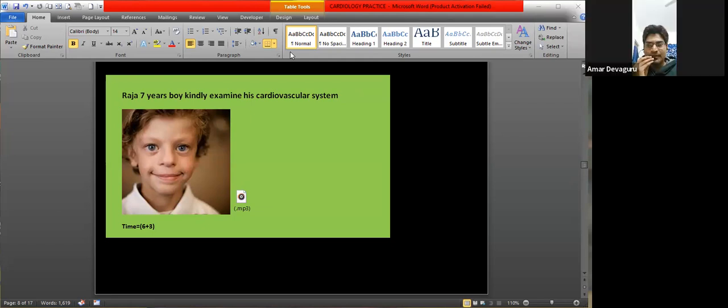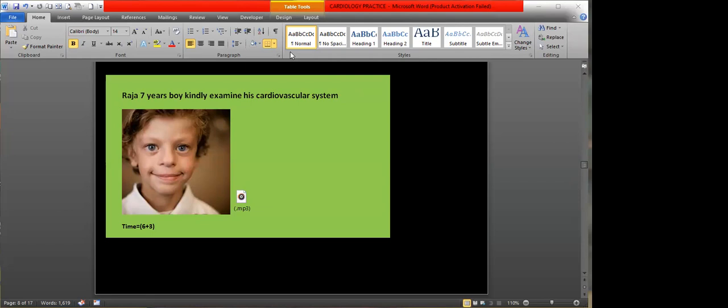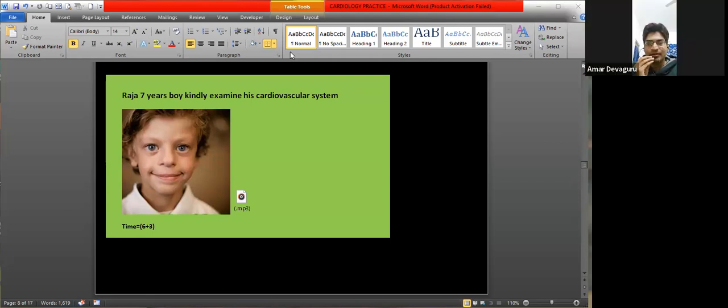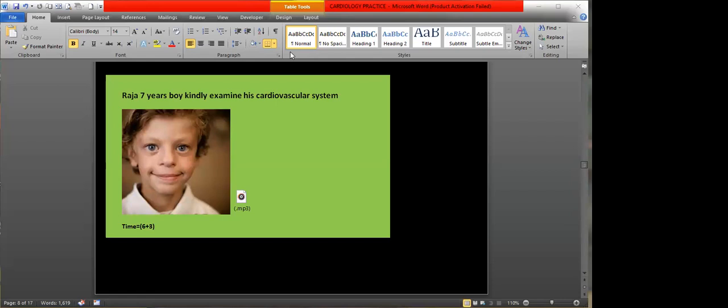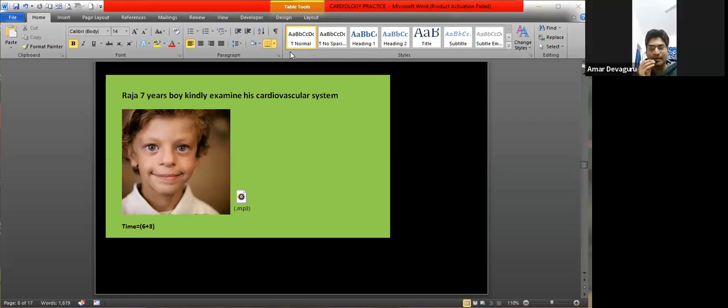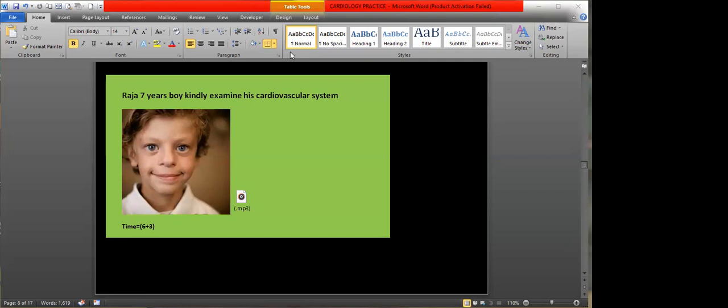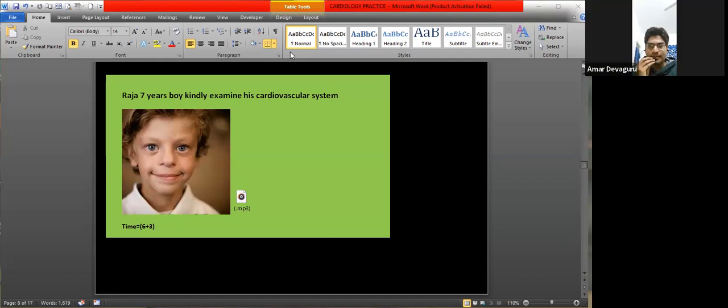Left side, where is it? Sixth intercostal space lateral to the mid-clavicular line. Okay, so sixth intercostal space. How is the character? Is it tapping or forceful? Forceful. Okay. So with my palm, I would like to palpate all the four areas. I want to see if there are any thrills or palpable heart sounds. In the right side in the second intercostal space. Okay.